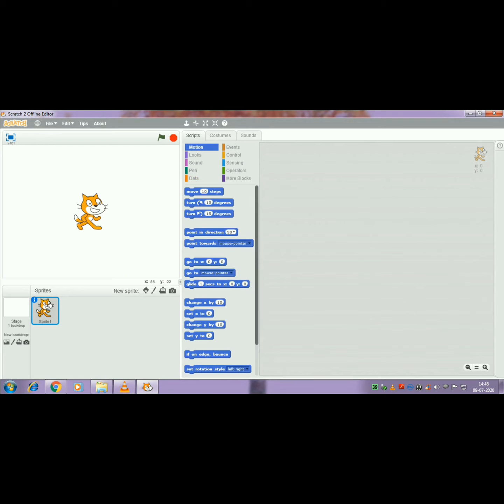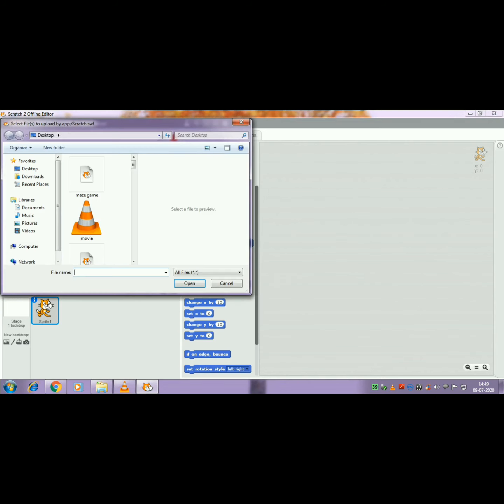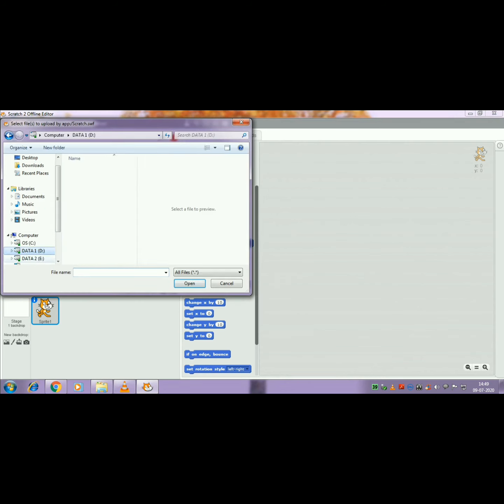First thing we have to do is insert the maze image. For that you have to choose the sprite from file option. In my computer D: drive, I already saved the maze images that I am going to use for creating the classic maze game.